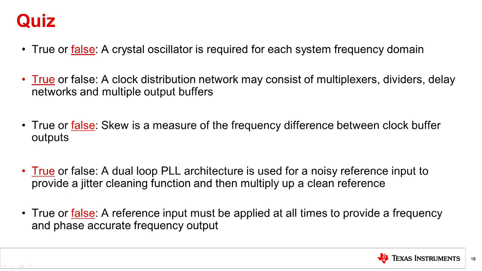The fourth is true. The PLL1 has a narrow loop bandwidth to filter out noise from the reference, and PLL2 performs a frequency multiplication to allow the distribution block to divide down to the desired output frequencies. And then the last one is also not correct. A network synchronizer maintains a time and frequency accuracy whether switching between references or going into holdover mode when no reference is present. So it's pretty immune to whether or not the reference is stable or goes in and out.